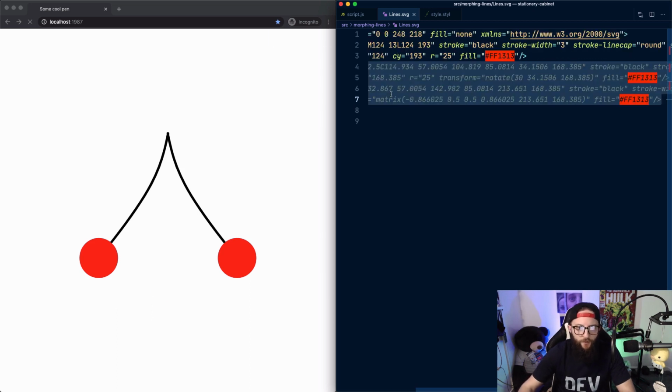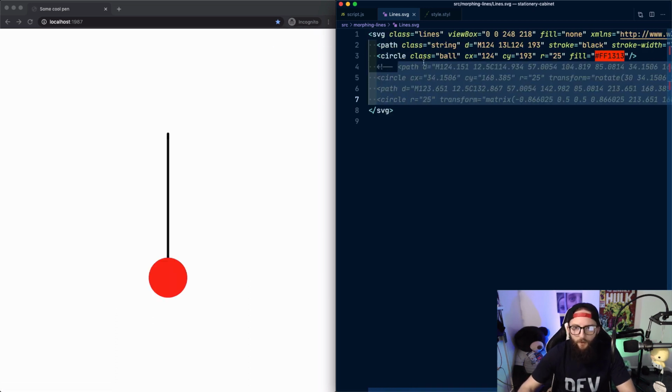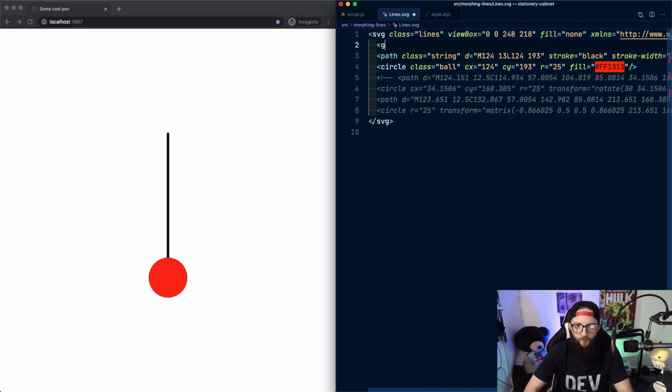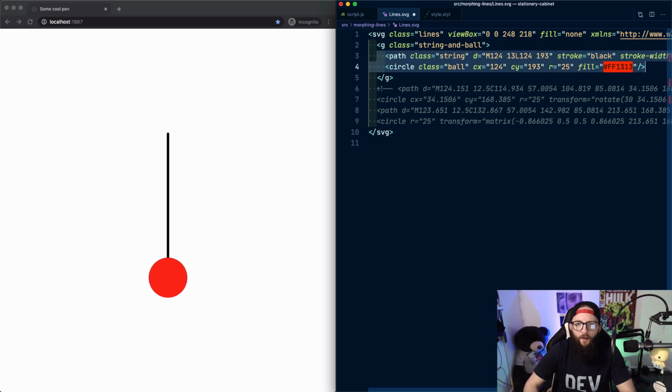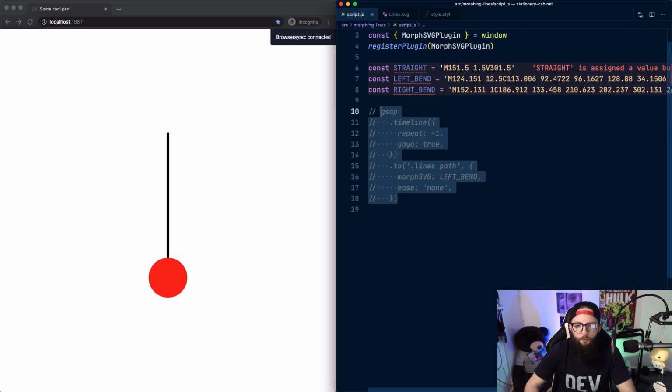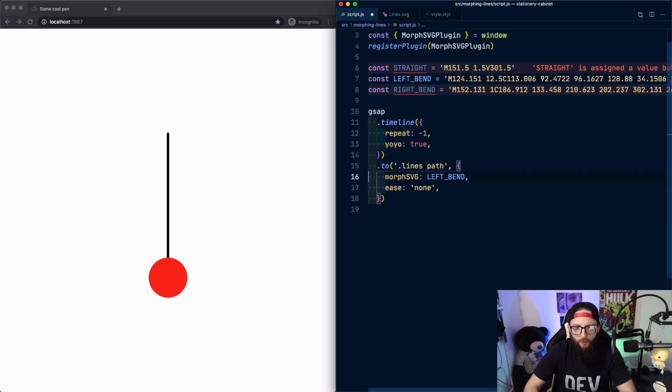So if we comment them out for a second, we're just left with the center piece. And what I'm going to do is I'm going to group these two with a G tag. So I'm going to give it the class of, let's go string and ball. And now they're in a group. And if we go back to our GSAP, what we're going to do is we're going to do a timeline where we set string and ball